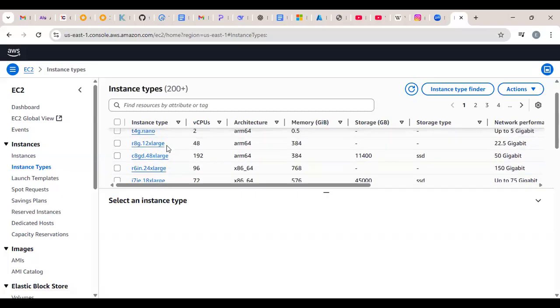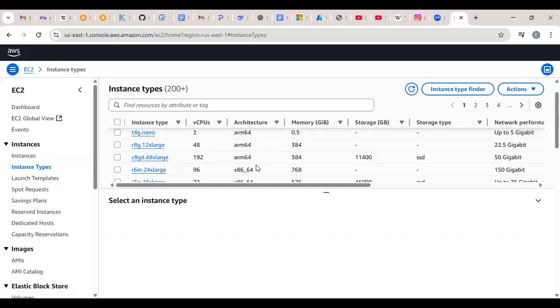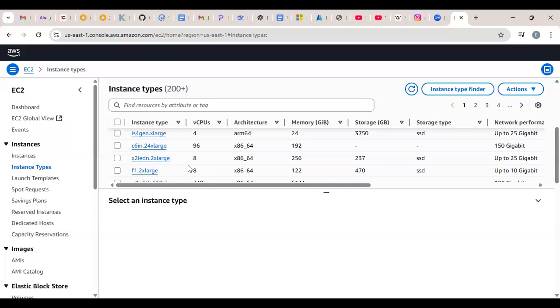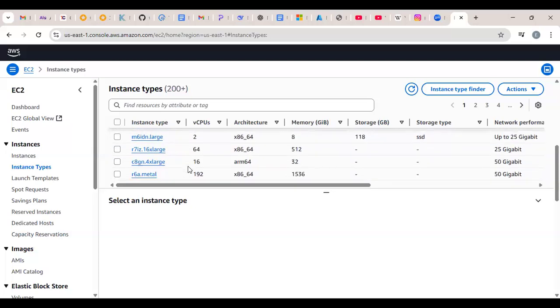There is now the compute type. There's the M for memory, R, C for compute, and the rest. So it depends. It all depends on what you want to choose, what you want to implement for your